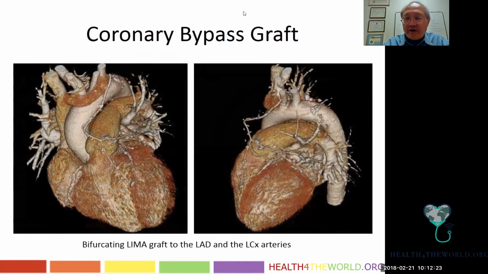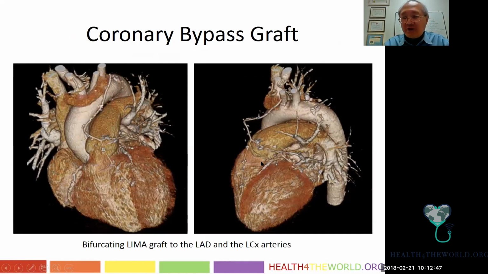Here are two 3D reconstructions of a coronary bypass graft. This is a left internal mammary artery graft, which comes down and bifurcates. One of the grafts is surgically sutured to the LAD, and the other one is surgically sutured to the left circumflex artery. Now, there are a lot of clips in between,